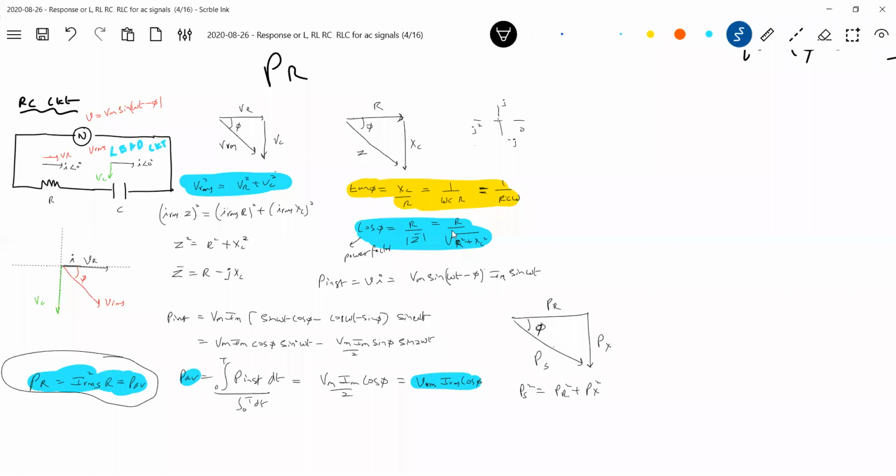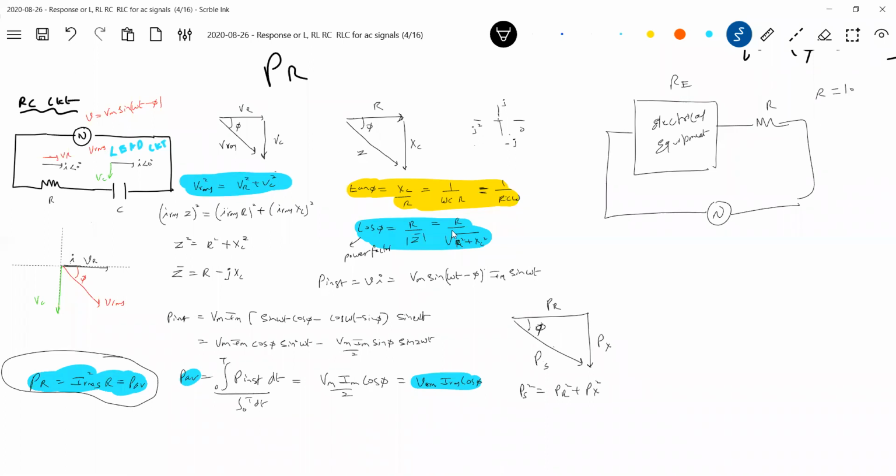So how can I protect electrical equipment? If this is the electrical equipment, it should be protected from high voltages. Therefore, let me introduce one resistance. Electrical equipment will have resistance, I'll call that RE. Then I'll take R as 10 times RE. Now if by chance this voltage increases, tell me where the voltage drop will be more. The voltage drop will be more across the resistor